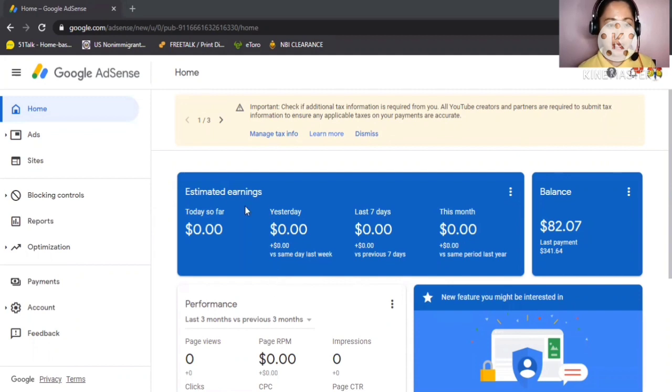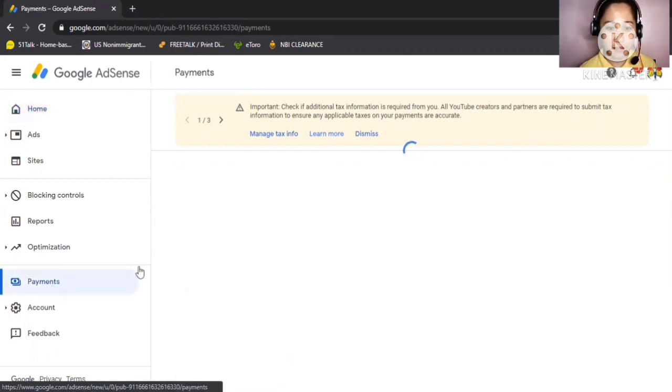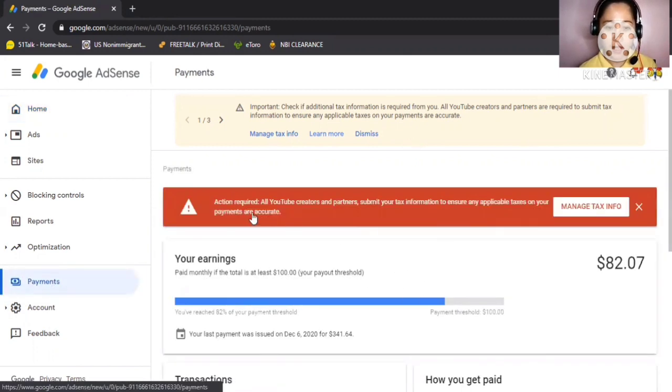Okay, so first things first, you have to log in to your Google AdSense. Ayan, makikita ninyo in your Google AdSense at pupunta kayo sa inyong payments section. Right, so nakikita ninyo yung notification ni Lola that you have to manage your tax info for you not to be deducted for at least 24 or 30% from YouTube